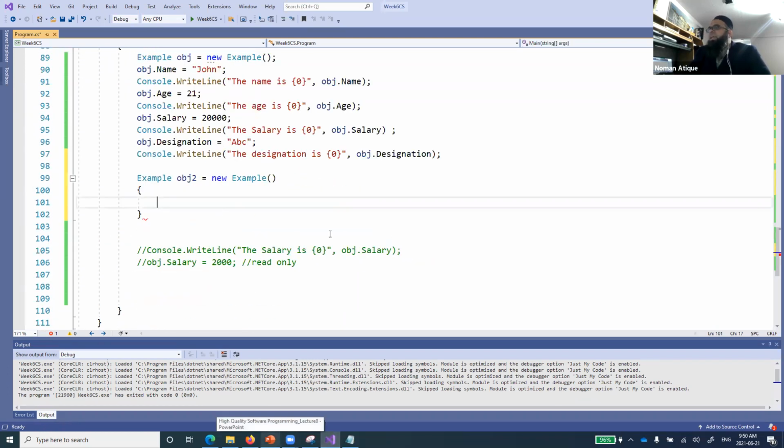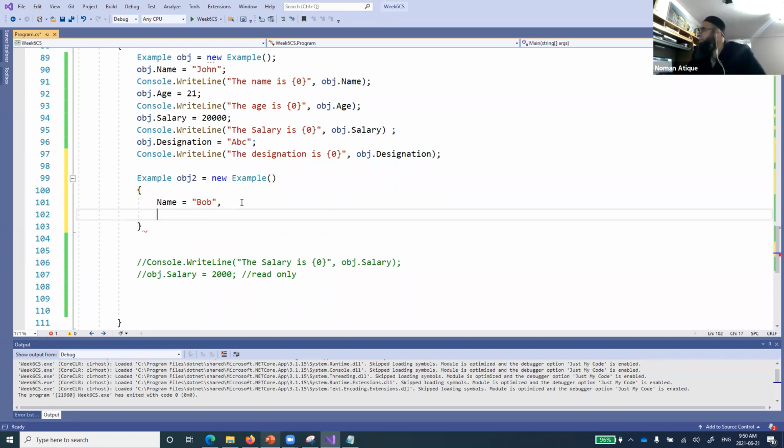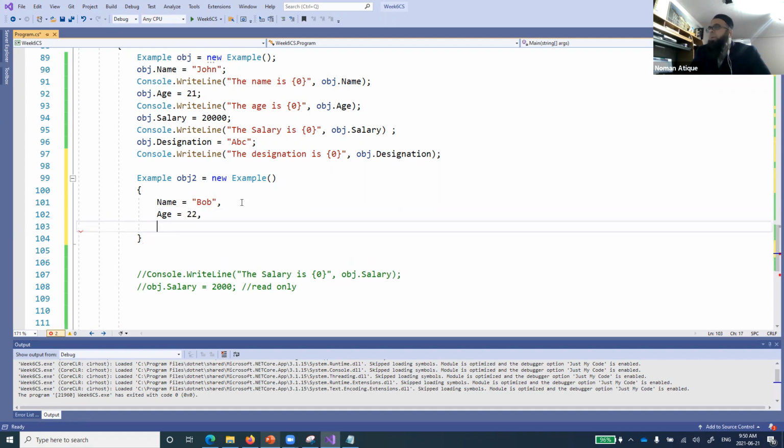Right. So what I was doing, yes, defining an object. It is called an object initializer. Now, how many properties are there? There is a property called name. Name is equal to Bob. Again, as I said, those who have worked in JavaScript know about this. Now, there is another field called age. Age equal to 22, sorry, comma. There will be no terminator. There will be commas.